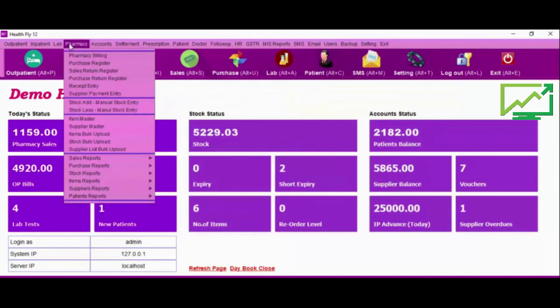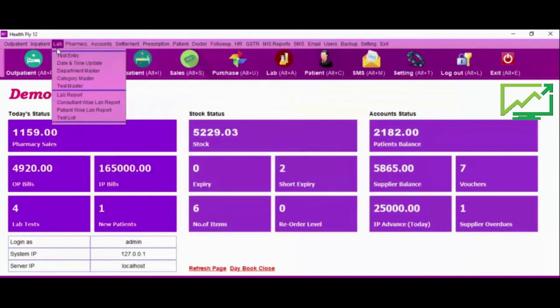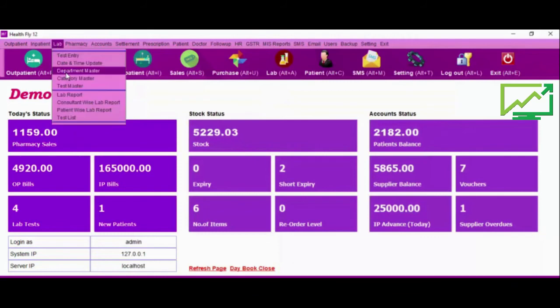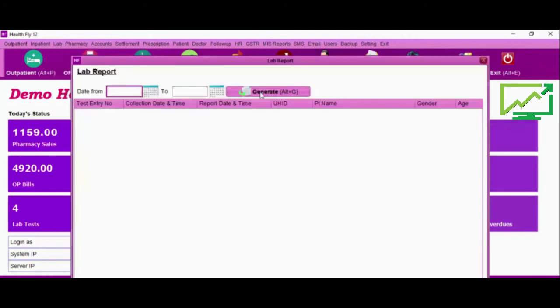Now we see only the demo data, test data. This one is test master. Category, test name, units. We have given 4 reference values. Based on test you can use. These are reports.